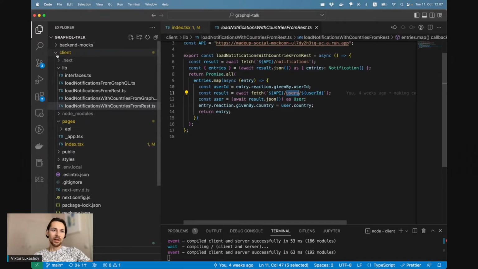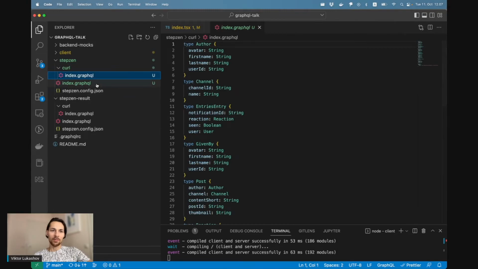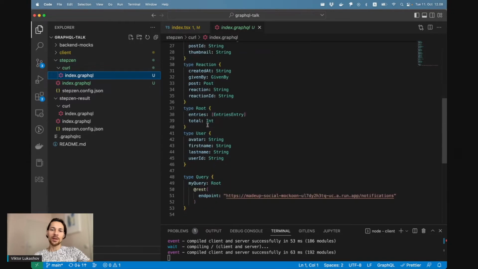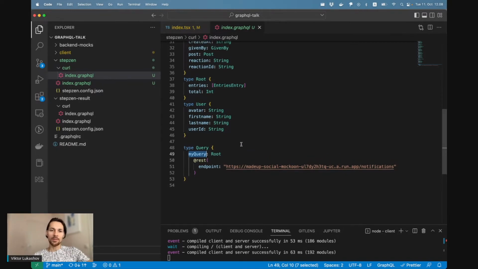Let's just have a brief look at the schema that was generated for you from this endpoint. So what the StepZen import command did, it created this file, completely automatically generated, created some types, and created one query field. The default names are not very intuitive, so I'm going to give it a little tidy up, but that's also possible by giving additional parameters to the CLI import command.